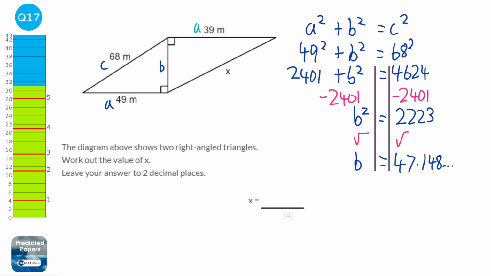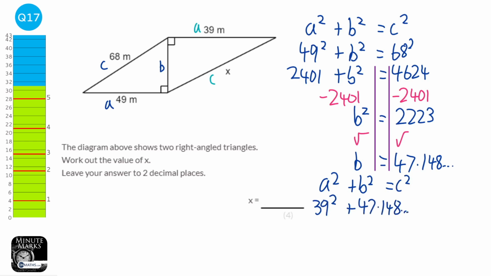Okay, we're now looking at the second diagram, and this time we've got our a, we've got our b, and we're going to call x the c. So it would be a squared plus b squared equals c squared, but this time a is 39. B we are given as 47.148, we've just worked that out. And we're looking for c, in fact we can call it x now. Okay, so we need to square that. So we do 39 squared plus 47.148 squared, and that will be 3,744